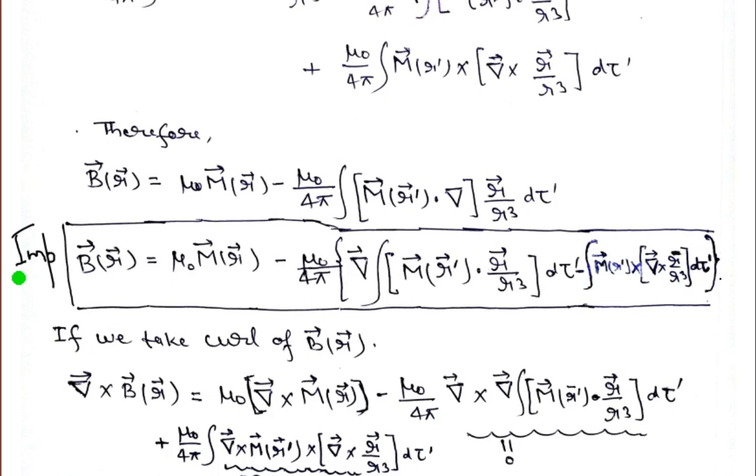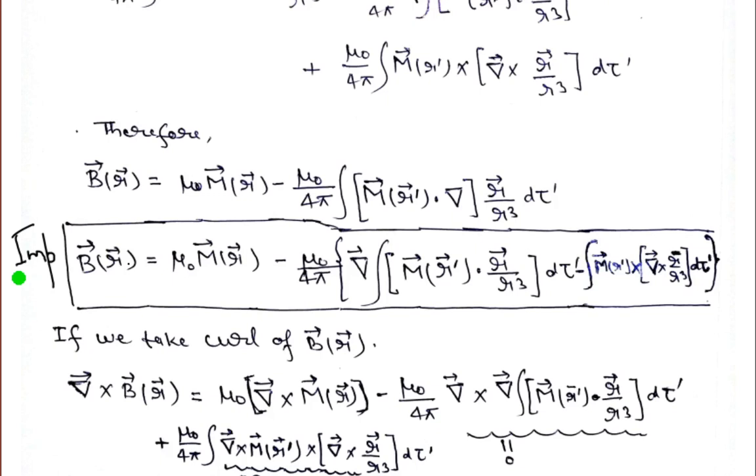So that is again a complex integral, but again the magnetization term is there. That means whatever magnetic field we are getting due to a magnetized object, that is a microscopic phenomenon, basically due to the magnetization of that particular material. And this complex integral can be simplified if we take the curl of magnetic field B. If you take the curl of B, that is what we have learned, that is basically giving the Ampere's law.